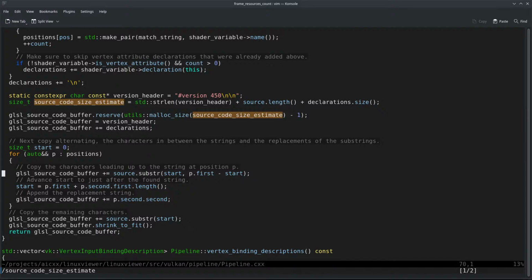Maybe I should reserve a little bit more. That's what I mean. It's not that simple. Let me think what to do here. The declaration size is pretty exact because that's just declarations and we're just adding it. So the only dubious part is